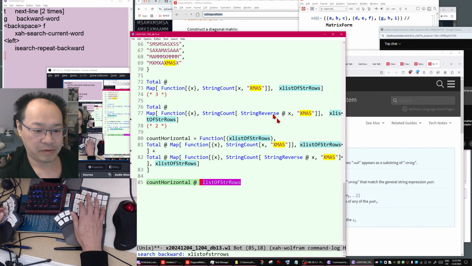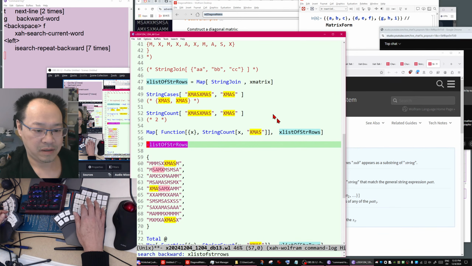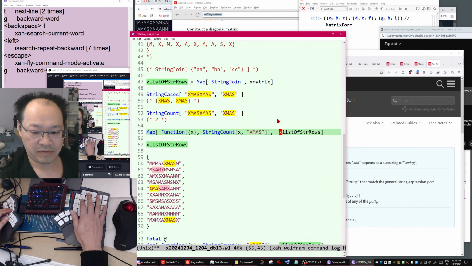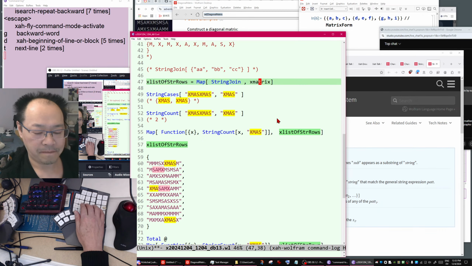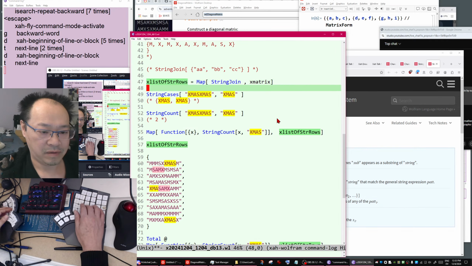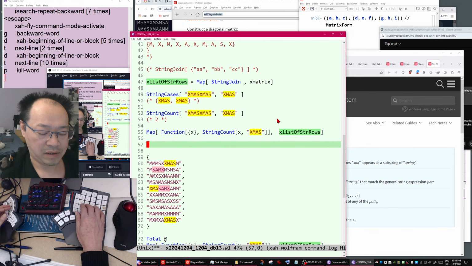Now let's double check where this definition is. Let's remove list of string rows. It's defined there, so you don't need that.